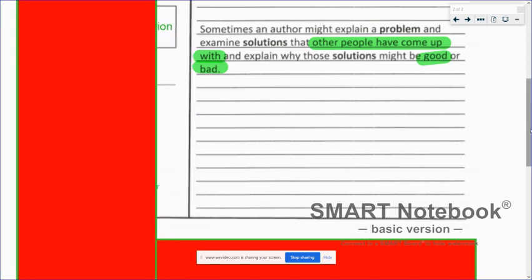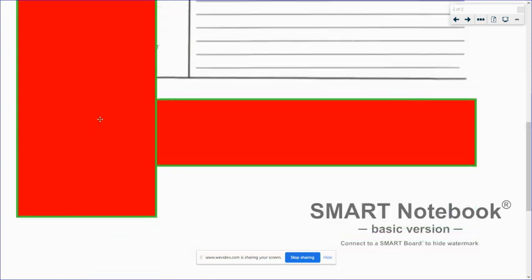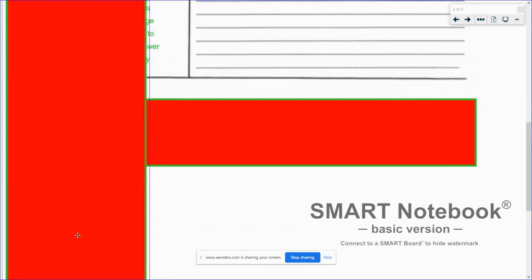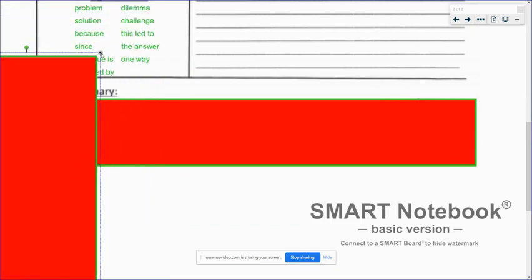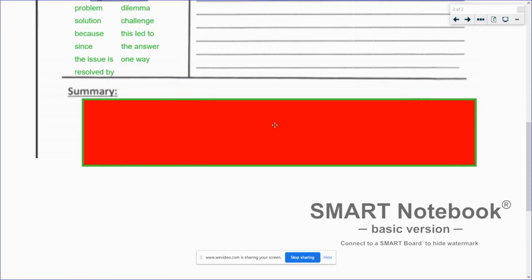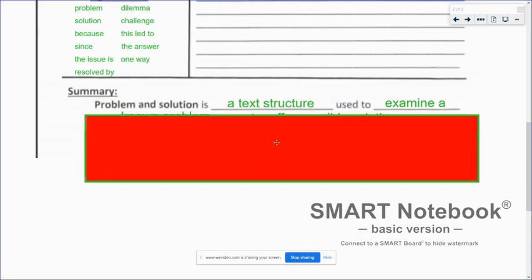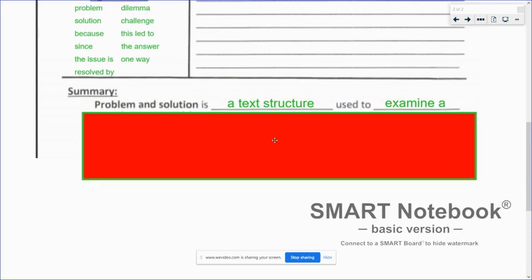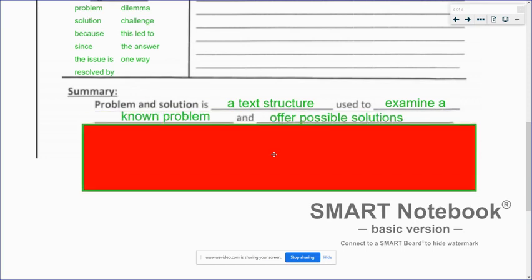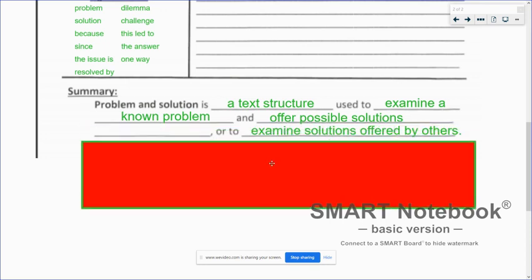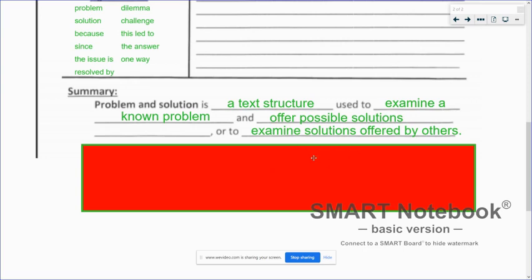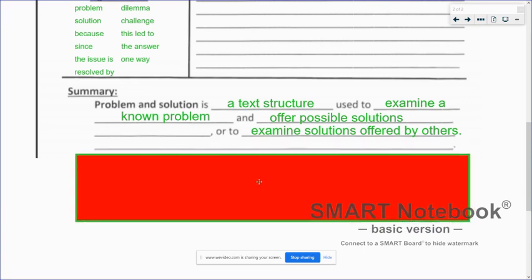I'm going to move on to the bottom section, which is the summary. And for the summary, you're filling in those empty spaces. So problem and solution is a text structure used to examine a known problem and offer possible solutions, or to examine solutions offered by others. Once you have this filled in,